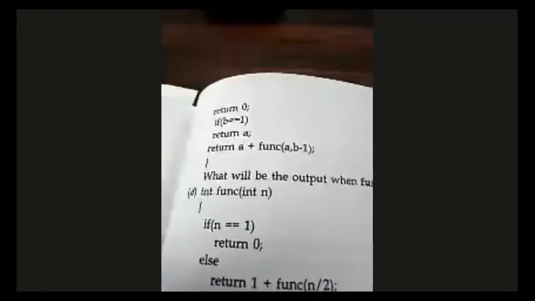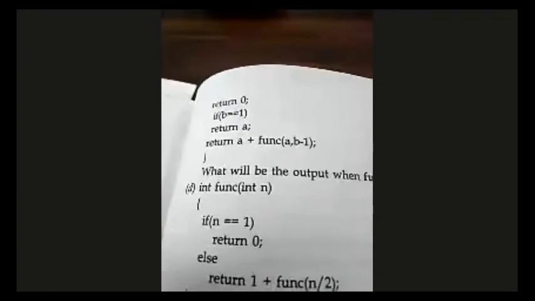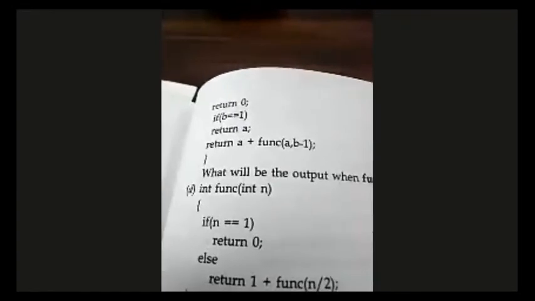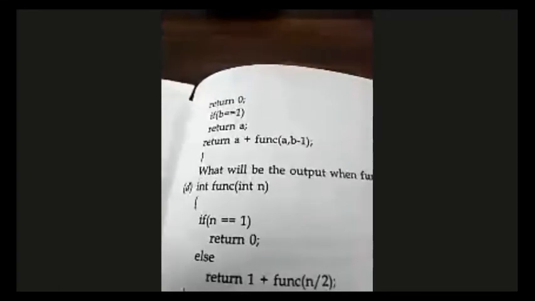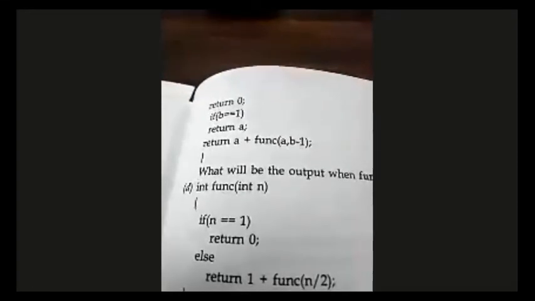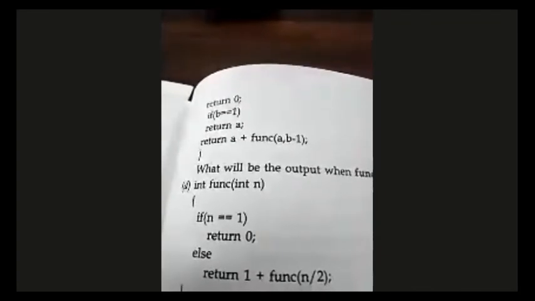If B double equals 1, return A. And here else is not written; after return A, the next statement automatically goes in the else. Return A plus func(A, B minus 1). This is the recursive case. What will be the output when func(5, 8) is executed?